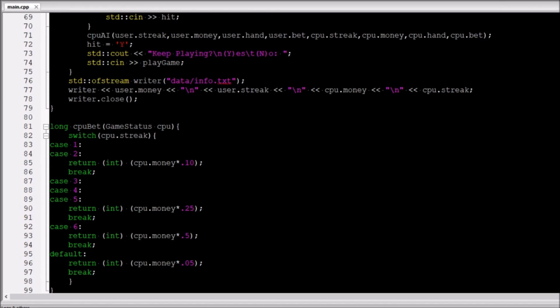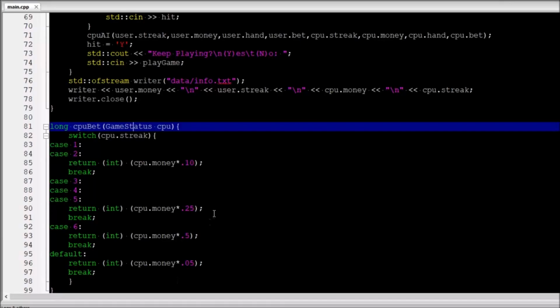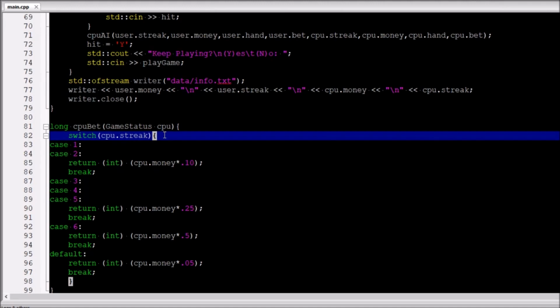Hopefully that makes sense. So, let's see all that. So yeah, this is where it gets CPS. Alright, so here you go. Now remember, the magical thing about game status is that it can have more than just one integer, or more than one value, one variable. So basically, since I've passed in game status, I have basically passed in 4 separate variables